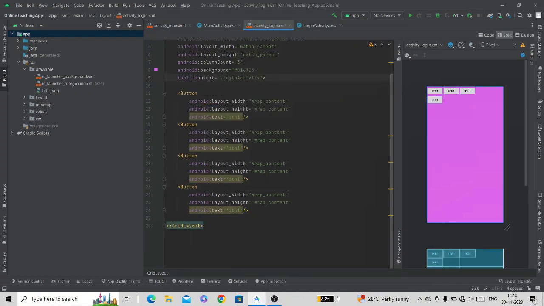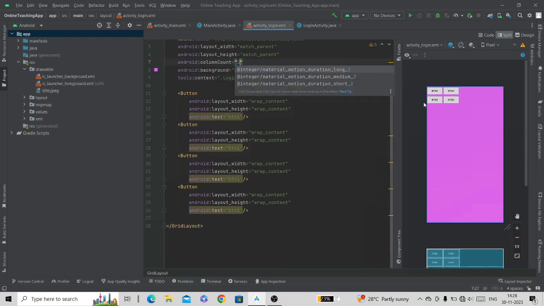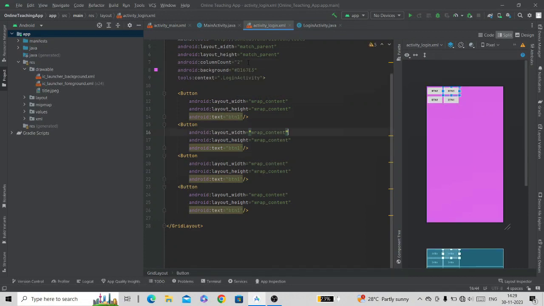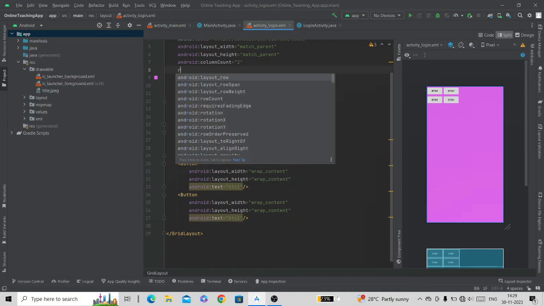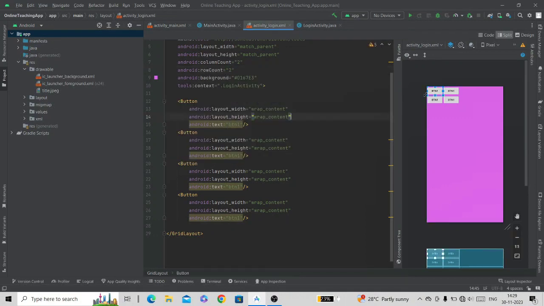If we change the column count to 2, as you can see, after 2 views added in the column, the next view is added in the next row. Now to understand the row count, if we specify the row count here to 2, because the row count is 2 and we can see 2 rows here, it means that it should not be able to add the next row. But if we again add 1 button here, it gets added in the next row. It means that there is no meaning to add a row count. Only column count has a meaning to add.